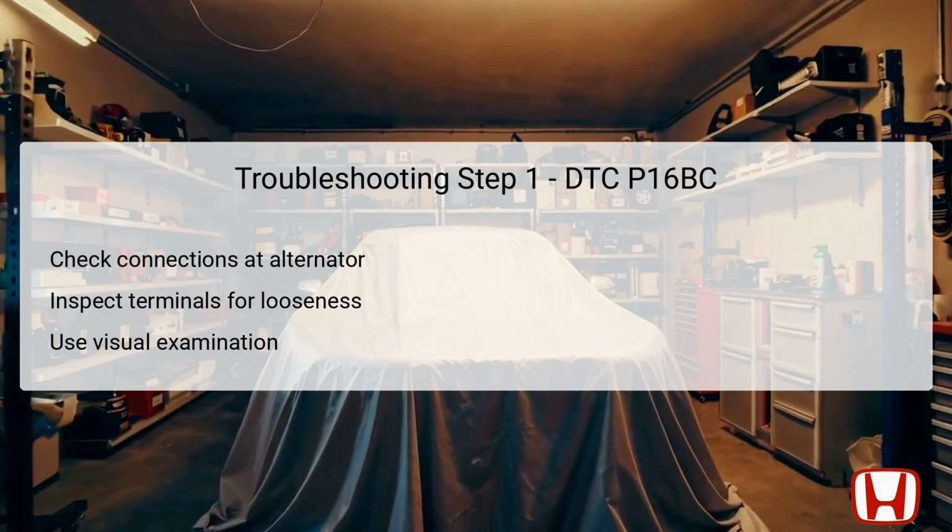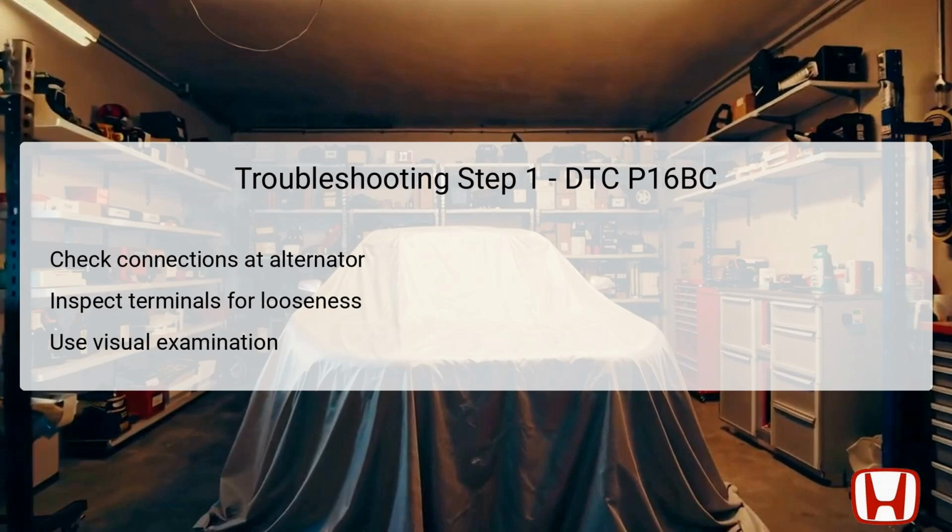Loose connections can create intermittent issues that make diagnosing the problem challenging, so ensure each connector is properly seated. If any connections appear compromised, they should be repaired before moving on to the next steps of troubleshooting. Once you've established that the connections are secure and functioning correctly, you can confidently proceed to Step 2 for further